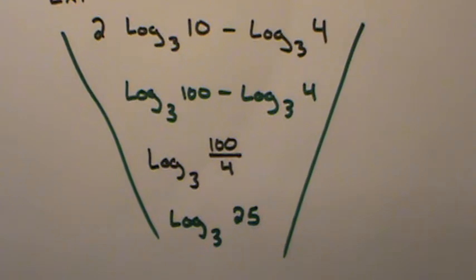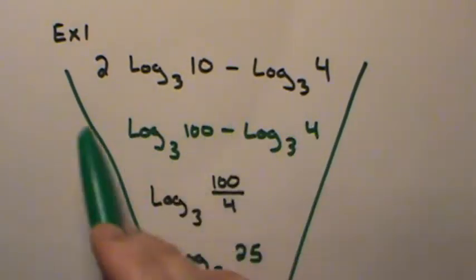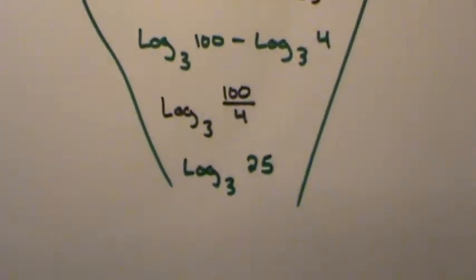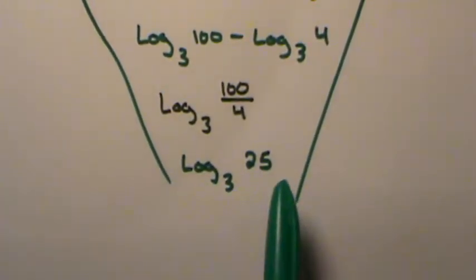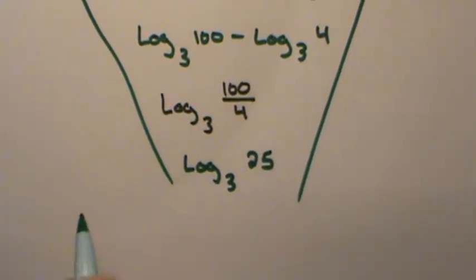And that's really all you have to do. You just condense it. Take a big long statement that has a bunch of logs in it and condense it down to where you could have just one simple log, and it's reduced as far as you can take it. Let's do a second example of this. Maybe we have something like